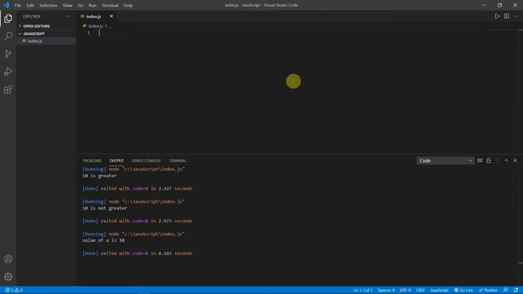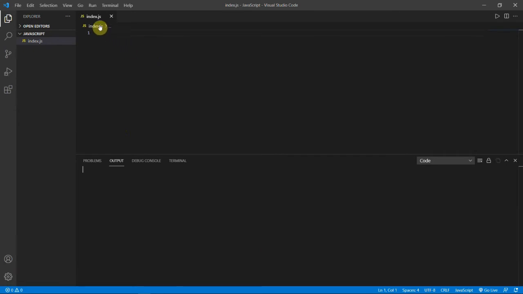Now let's go to switch statements. We'll clear this output. To create a switch statement, we need a variable. I'll create a variable a equal to the capital character A, and then I will write switch with a inside the braces.